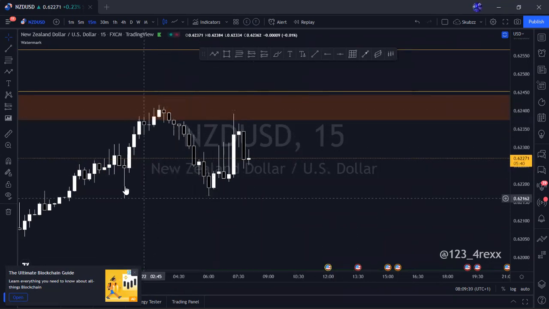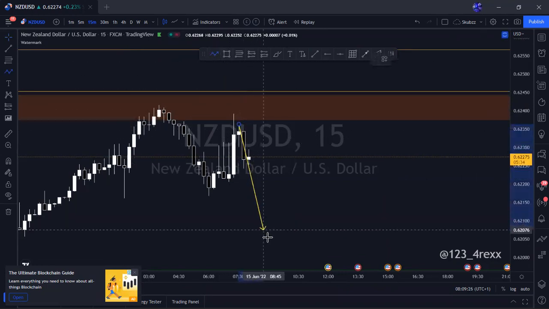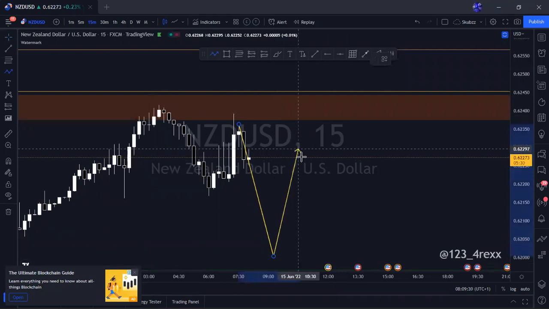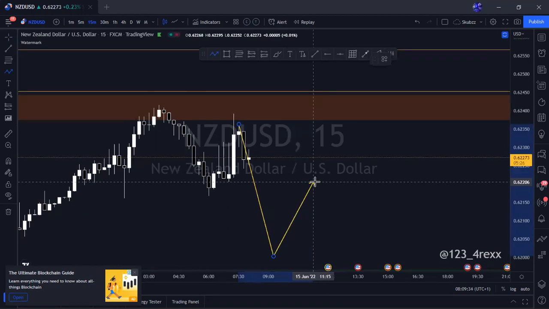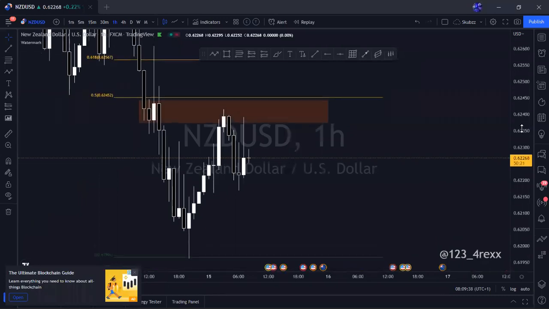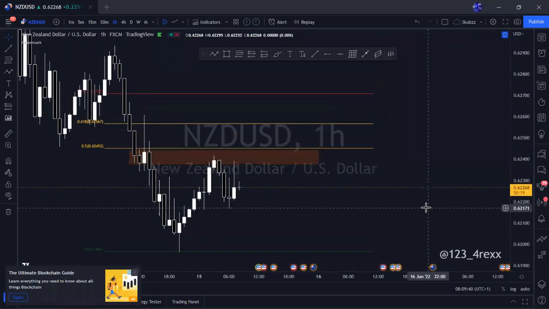It came down. It did not even break structure. So it went and tapped inside that area again. So if it breaks below now, it's safe to say that we have something like a double top. So we can wait for the retest at the neckline. Same thing with AUD. But for the meantime, let's pay attention and watch how it's behaving.